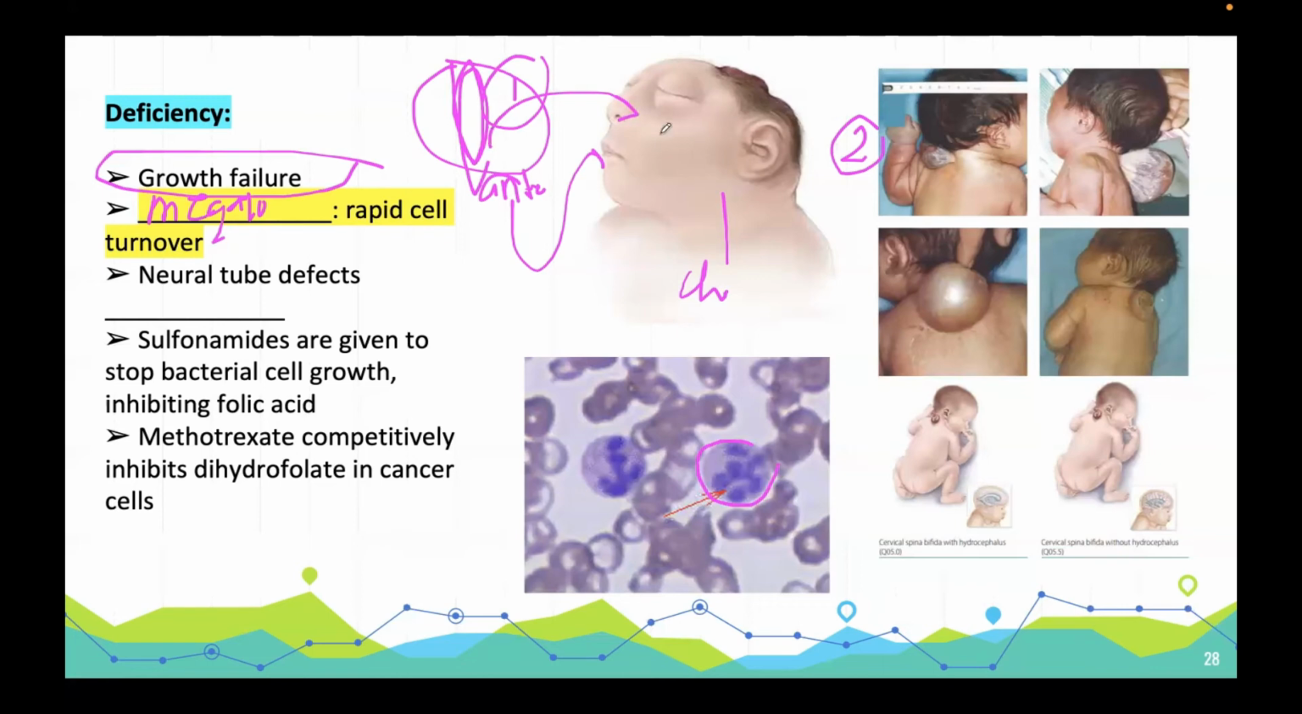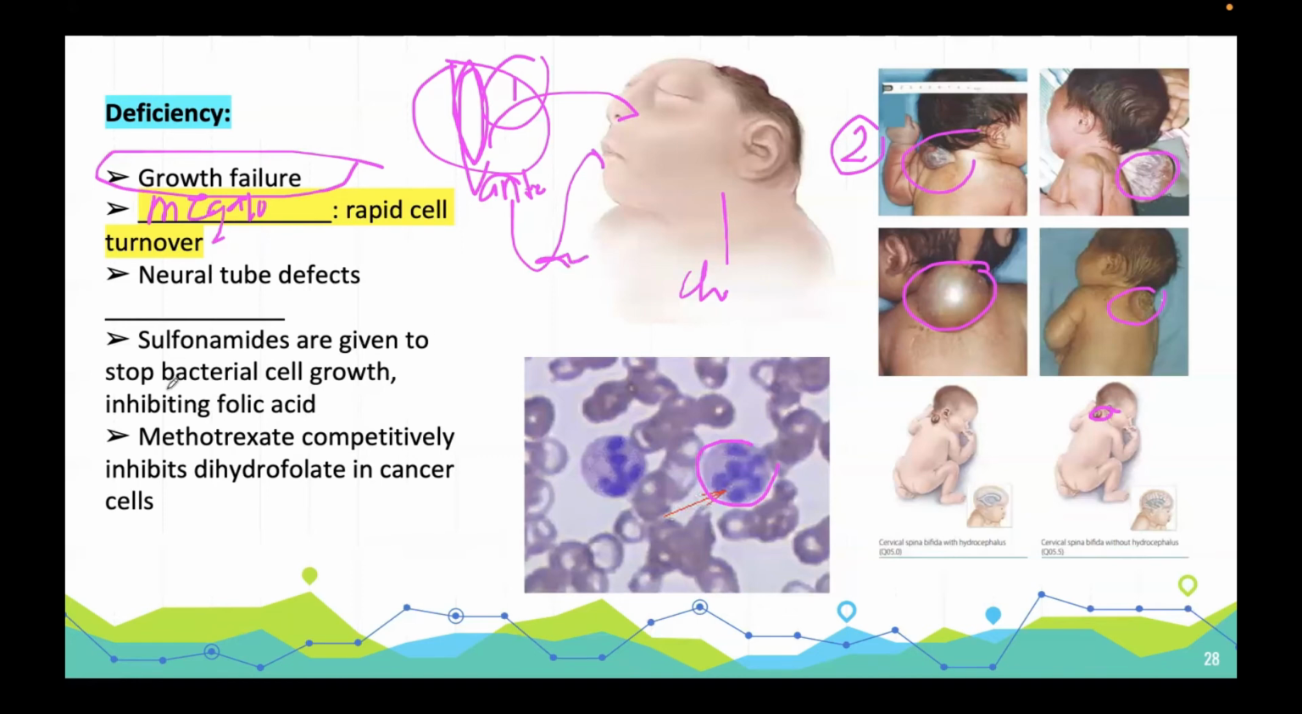Yun yung anterior part. Meanwhile, pagka naman posterior part, hindi nag-close yung neural tube, nagkaroon ng neural tube defect, hindi nag-close yung posterior part of the neural tube, hindi nag-fold, it will lead to spina bifida. Ganito yung itsura ng spina bifida natin. Okay? And they are all related to the vitamin B9 deficiency. Okay, nabanggit na natin si growth failure, si megaloblastic anemia, neural tube defects such as anencephaly, and then spina bifida. Next is your